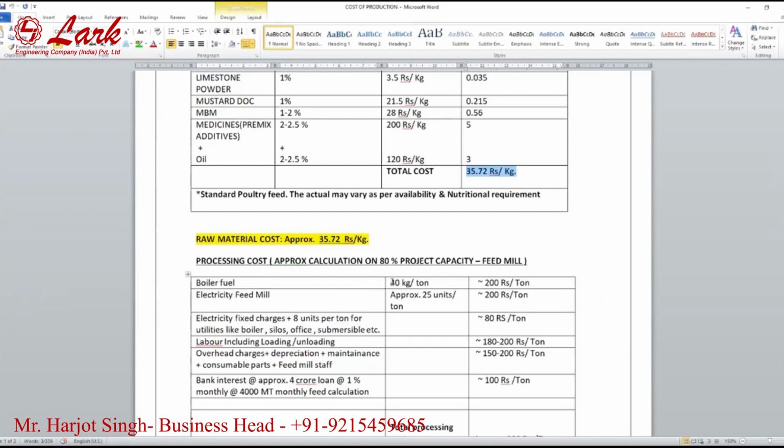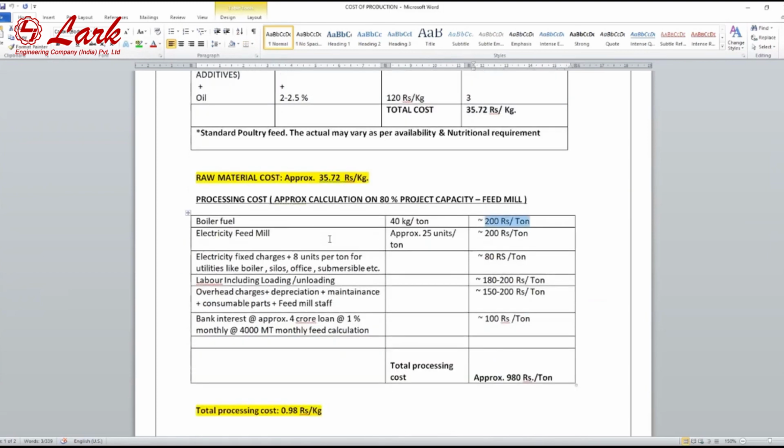Then what we add, बॉयलर फ्यूल, we have a general idea, जैसे 10 टन फीड मिल में अगर 1 टन का बॉयलर रिक्वायरमेंट रहता है तो उसमें कितने केजी वुड कंजम्पशन होगा। वुड का ये प्राइस है तो पर टन ये कॉस्ट आ गया। सेम एज इन केस ऑफ इलेक्ट्रिसिटी, ये सिर्फ फीड मिल का है। जनरली अगर आप कंप्लीट फीड मिल का कॉस्ट लेंगे इंक्लूसिव बॉयलर, ऑफिस और अदर यूटिलिटीज, that will come around 32 units per ton. 24 से 25 सिर्फ फीड मिल का रहता है।